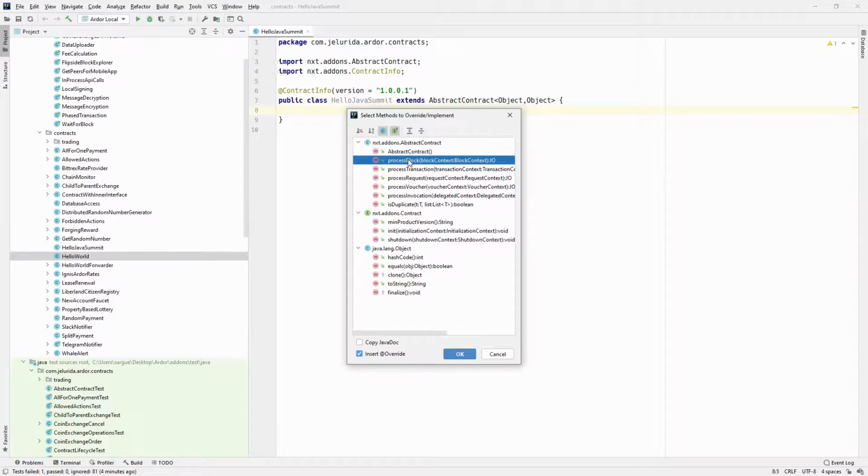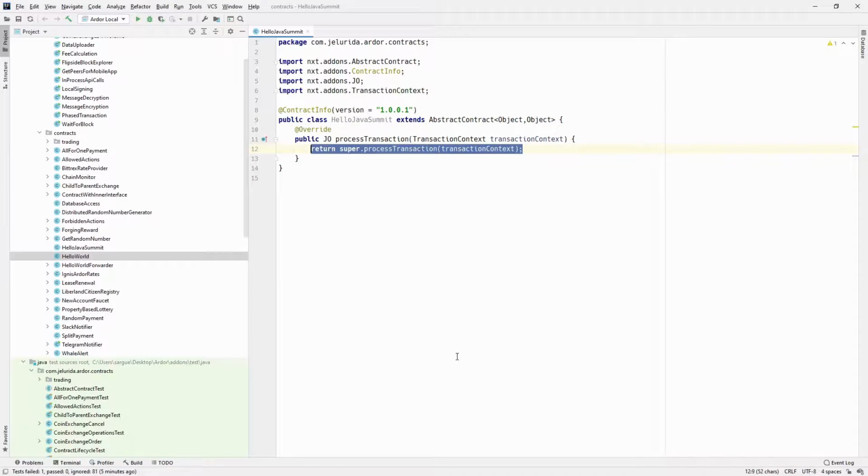This will be executed for every block accepted on the blockchain, so this allows you to write contracts that don't depend on getting a transaction sent to them. If you want to check something in each block, or every n blocks, you can do it like here. processTransaction is the one that we are going to use, which triggers when a transaction is received by the contract. So processTransaction, okay, I want to do something when I have a transaction.